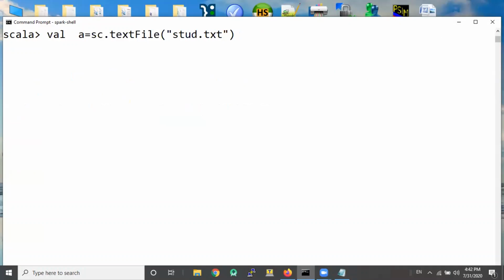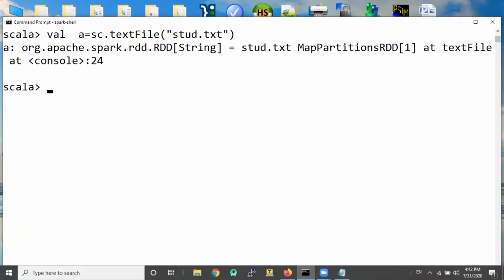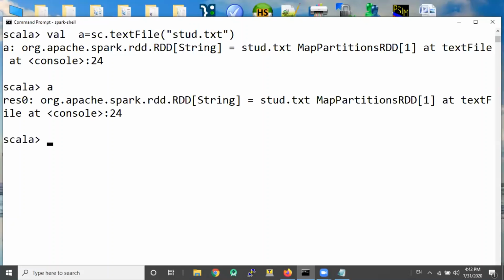If you remember, we had the file stud.txt, and let's check out a. It's an RDD of strings. Each row of the CSV file is a single string, and it's a resilient distributed dataset of strings, single strings in each row of the RDD.